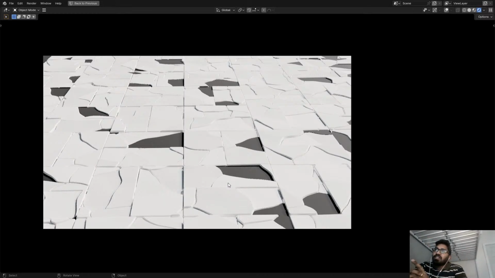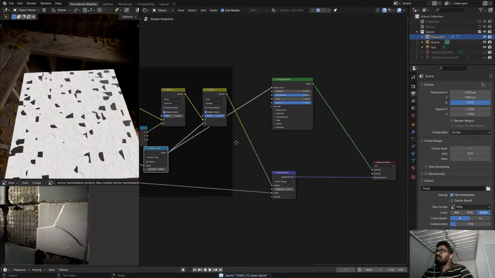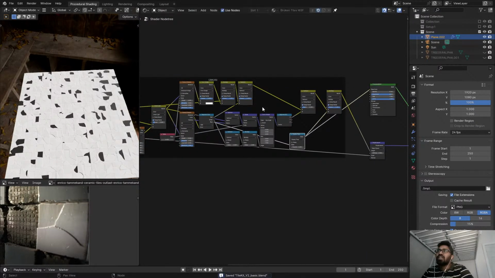So here is the thing. What I want is to specify how many tiles are actually broken and how many tiles are also missing. So this is a missing tile. It's not a broken tile, it's a missing tile. So this should be like an addendum to the number of broken tiles. So how am I gonna do that? Let's see. So we need another